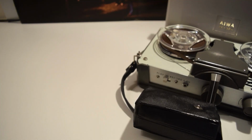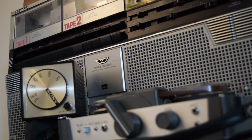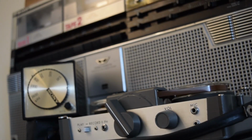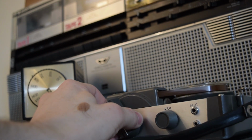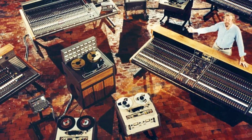So for a while now I've been jumping between my laptop, the odd portable speaker, my boombox, various vintage radios that I have, things like that, but what I've really been wanting for quite some time is a properly decent hi-fi. Nothing too expensive, I'm not made of money, and in the future I'd like to assemble something really special,